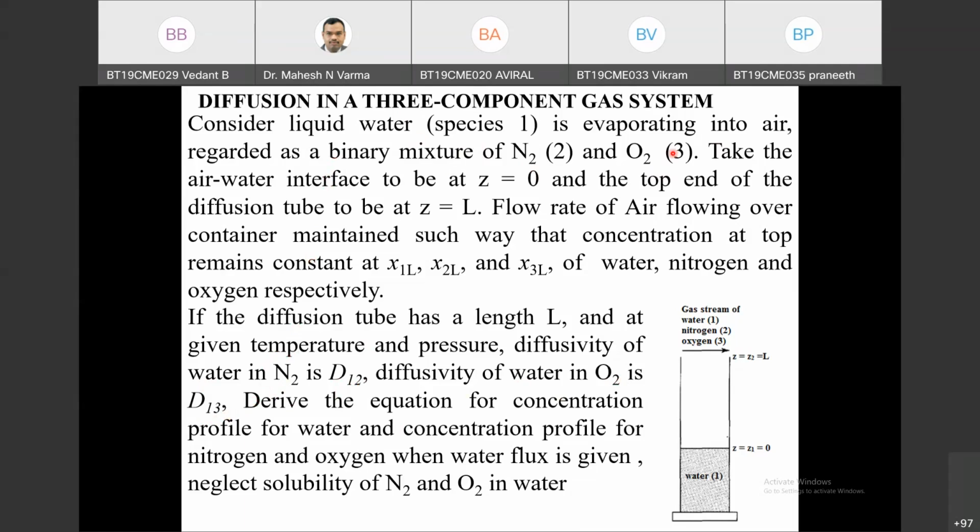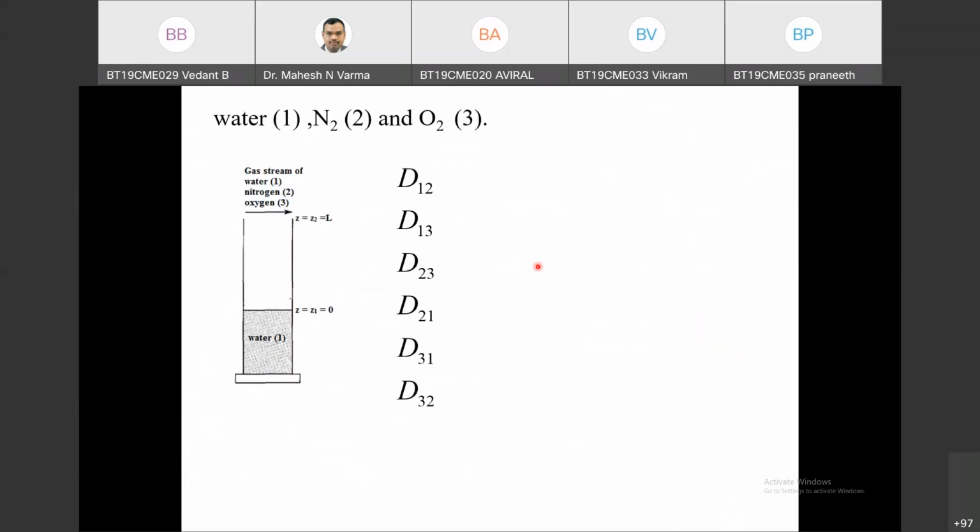Can anybody give me any input? There are two ways to handle the problem. First, say water is species 1, nitrogen is species 2, and oxygen is species 3. This is the diffusivity of water in nitrogen, this is the diffusivity of water in oxygen, and this is the diffusivity of nitrogen in oxygen. This is the reverse diffusivity, and we know that